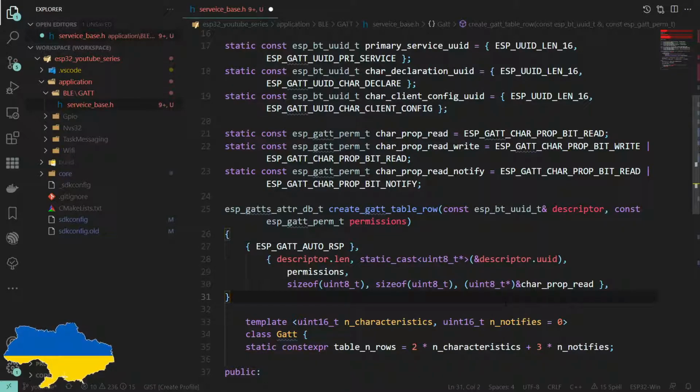Now we need a couple more bits to go into this. You'll see these random size ofs. If I remember correctly, one of them is, no, I have actually forgotten.